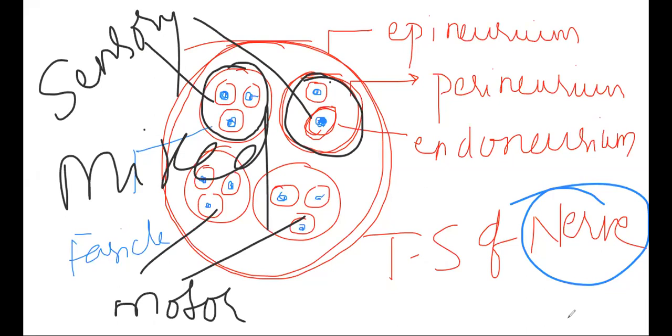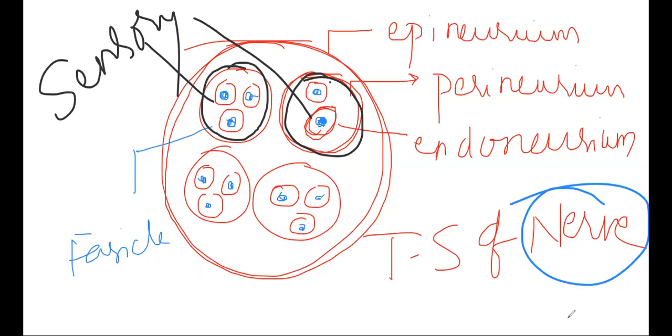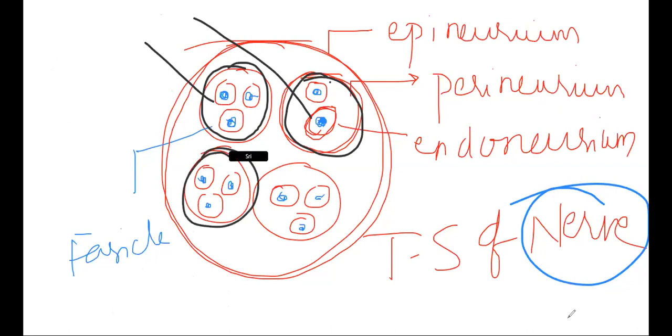As I said to you, there are 12 pairs of cranial nerves, isn't it? In the 12 pairs of cranial nerves: olfactory, optic, oculomotor, trochlear, trigeminal. The list we made earlier. So in that, olfactory is sensory. What is the meaning of sensory? Sensory means that all the given bundles, the four bundles, are sensory only. Okay.